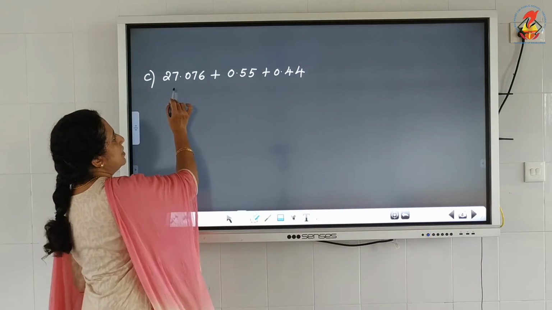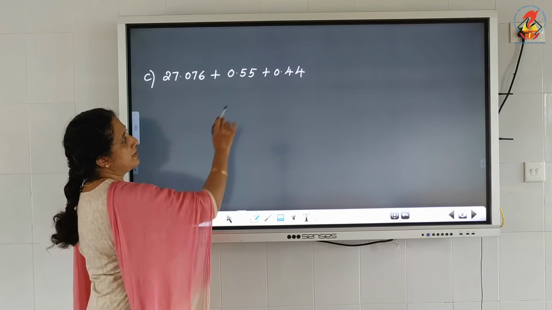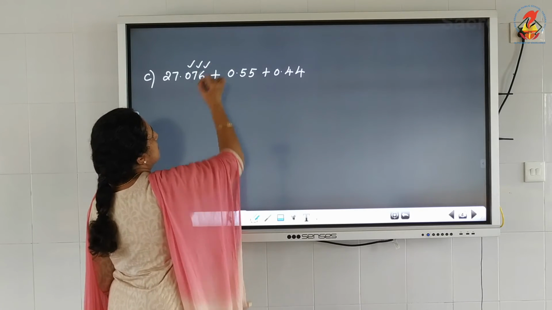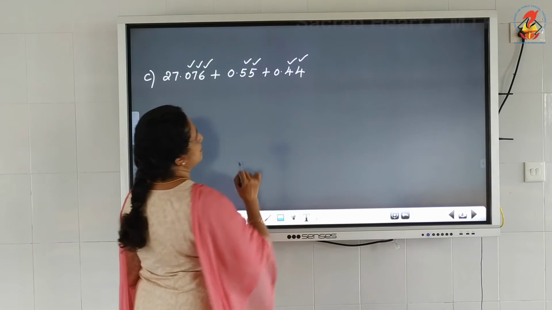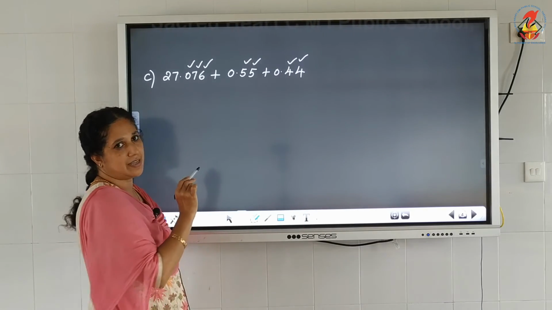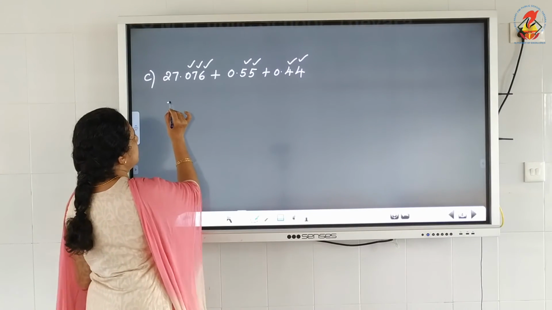Now next one. 27.076 plus 0.55 plus 0.44. Count the number of decimal places. 3 decimal places, 2 decimal places, here also 2 decimal places. So the maximum number of decimal places we need is 3, because then only they will become like decimals. So we can write it as